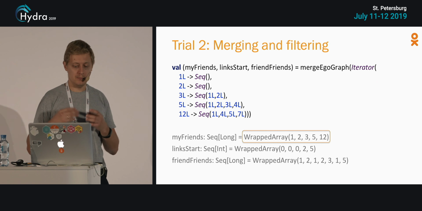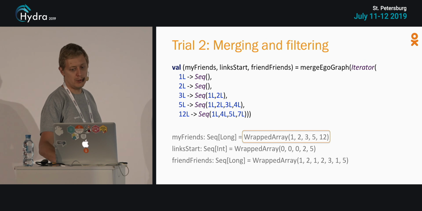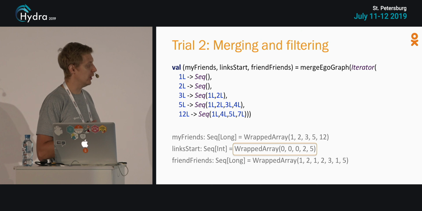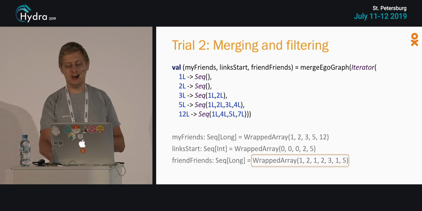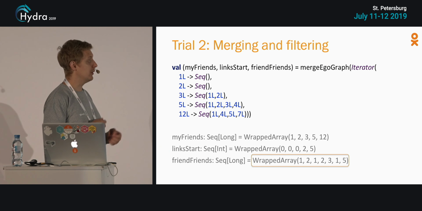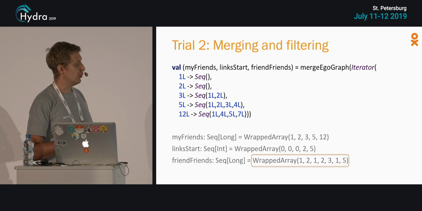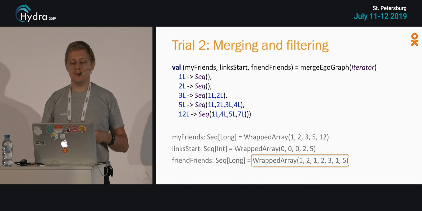We have all these 5 friends in the array of friends. We have information about where the friends of the friends start in the third array, and the array of friends of the friends. And which is important, during merging we can filter out. So in the third array we put only friends for those we